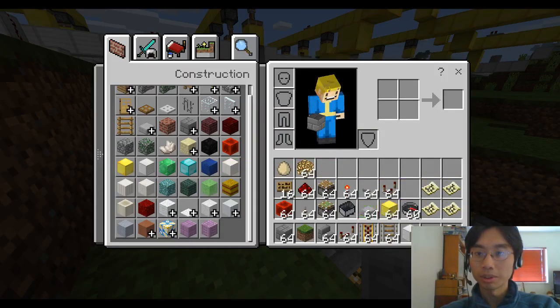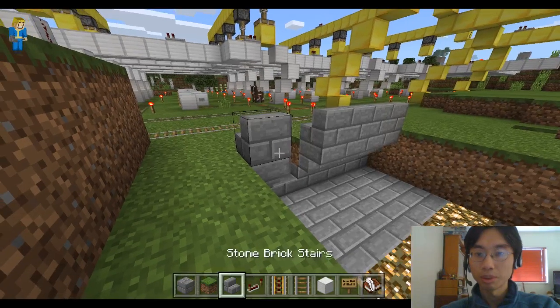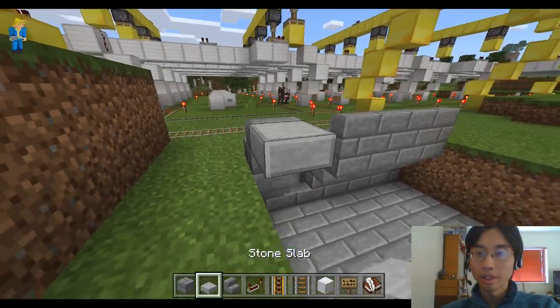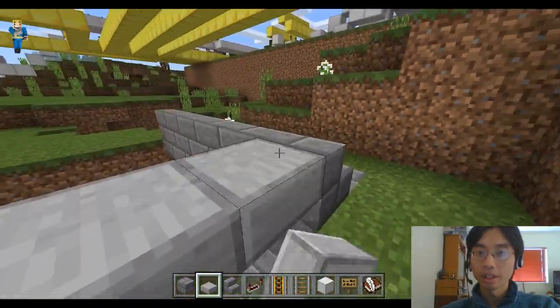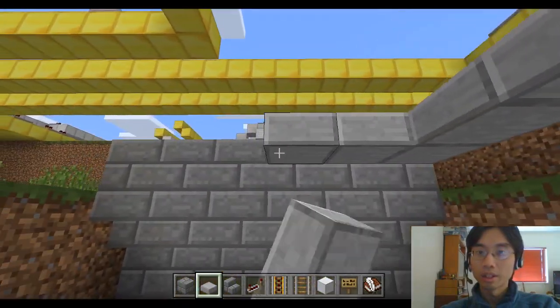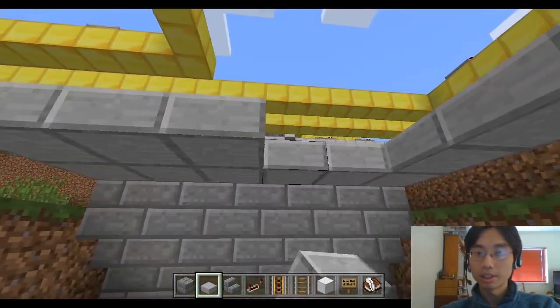Probably the slabs at this point. So this is the